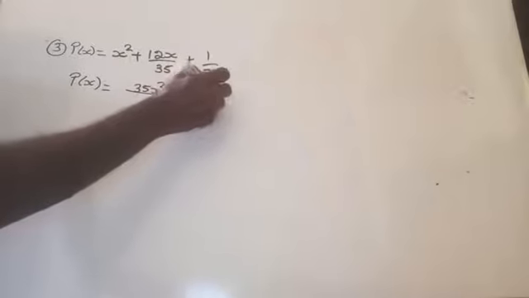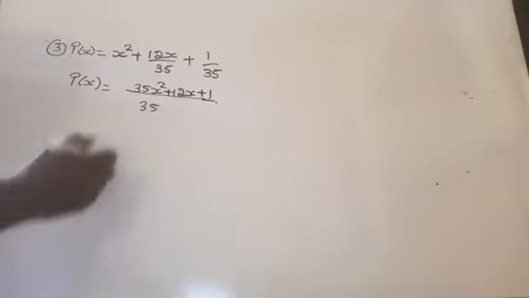That means 1 by 35 into 35x square plus 12x plus 1. Here now we obtain the quadratic polynomial. Now you can factorize the quadratic polynomial as usual by splitting the middle term. The product of the two integers should be 35 and the sum of the two integers is plus 12 here. I think so. Then plus 5 plus 7 you can take. Am I right here? Yes.